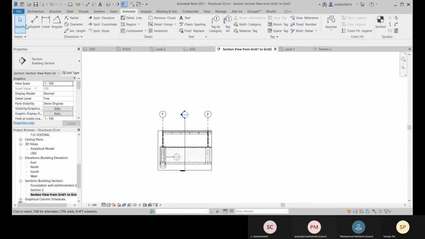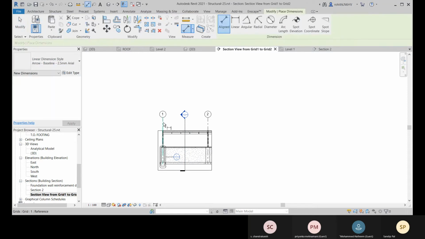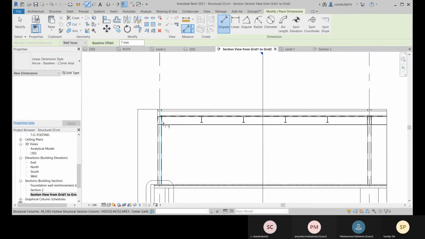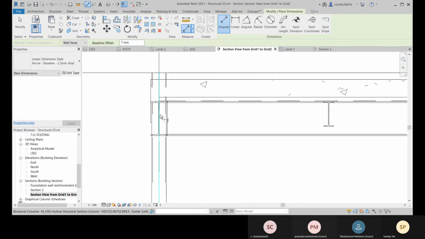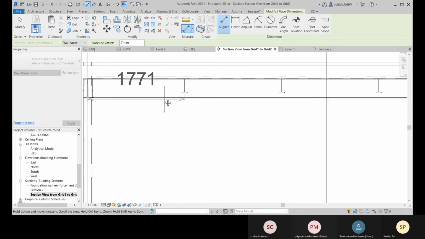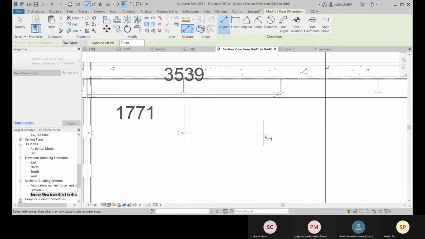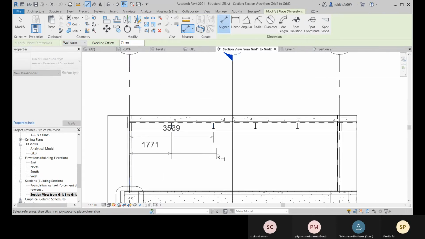You can place dimension there, like this one and this one. Place on this dimension here, from this one to this one. You can place the dimension. Okay, like this you can place the dimension.